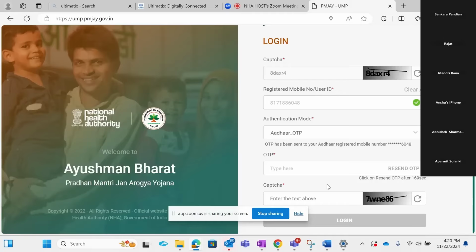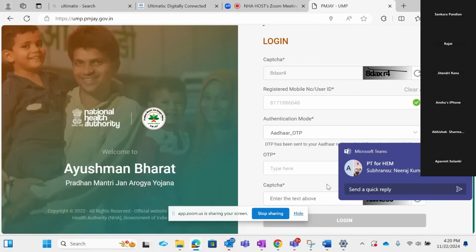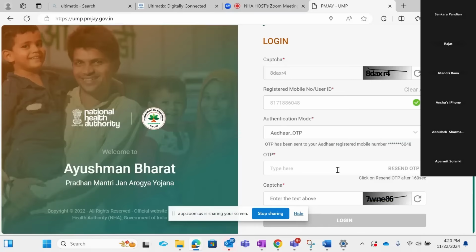In the 1.0 application, in HEM 1.0, you come to the HEM landing page, right? You create your credentials over there. You enter the facility details, like whether it is a private hospital or a government one, and you create your credentials then and there. While empaneling the hospital, you are creating your credentials also, and those credentials you have to pass on to your next generation when a new person is going to come, right? But in 1.0, this issue is there.